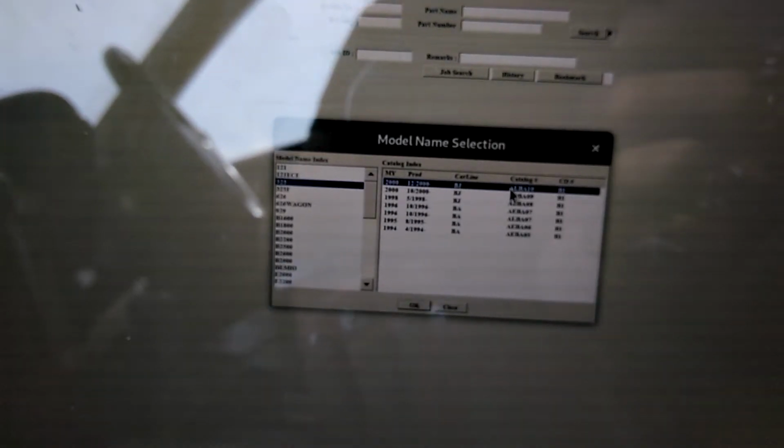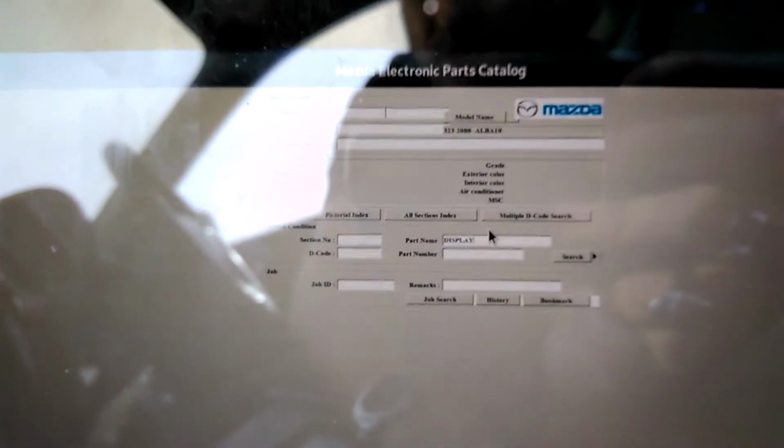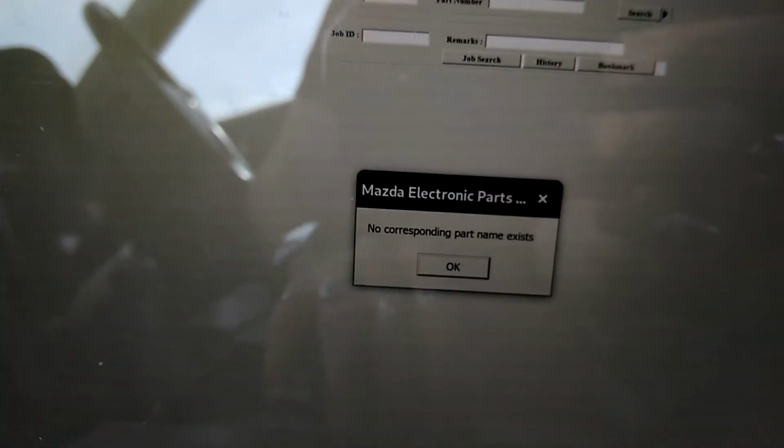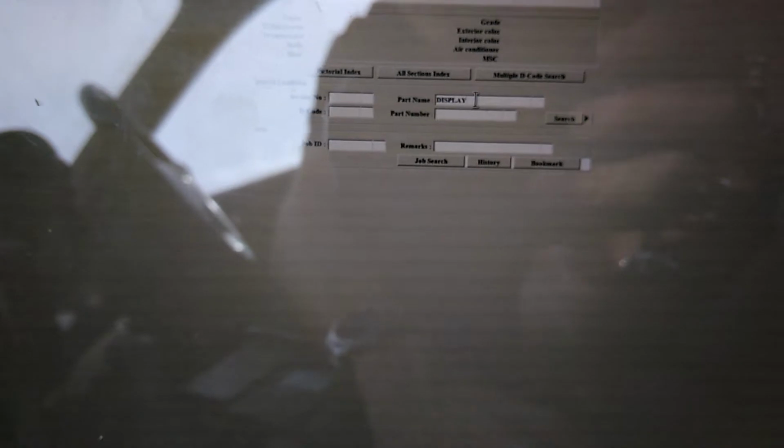Anyhow, if you choose any of these, so this is the most recent, and search for display, you are not gonna find anything. Same goes for the other one. I already checked. Again, choose 323 BJ, and now I choose here display. Again, nothing shows, but